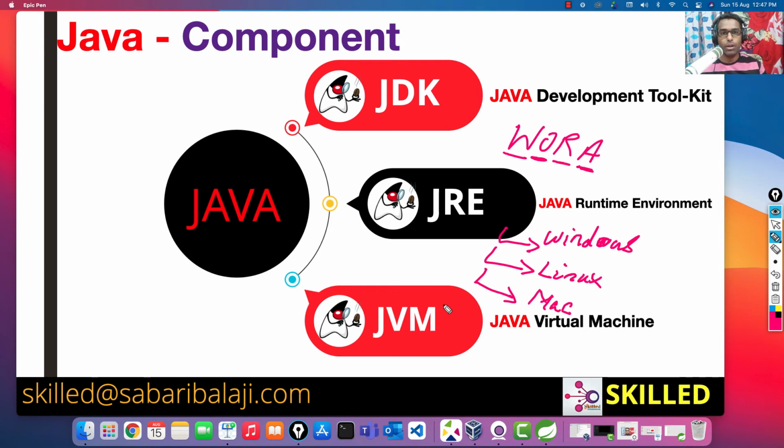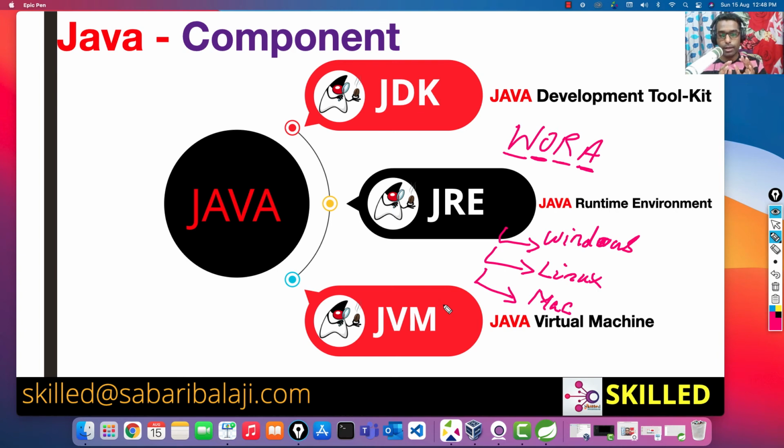Then how do we call Java a platform independent technology? The reason we are calling Java platform independent is because you develop the application in any of these operating systems, and JVM will take care of interpreting that code to the respective operating system. So the common code that will be provided to any operating system to execute your Java application is called a .class file, which is a bytecode. It is called a bytecode. That's what we are going to see more in detail in the next slide, in the next video.